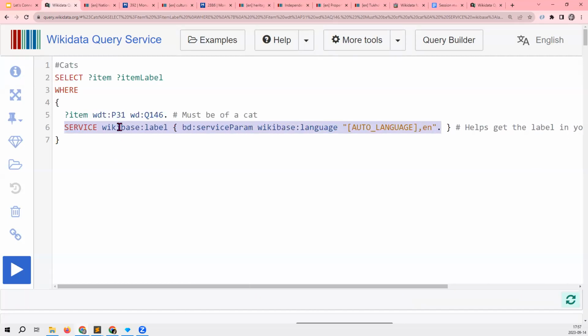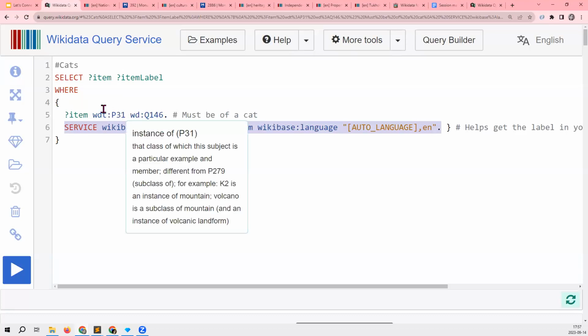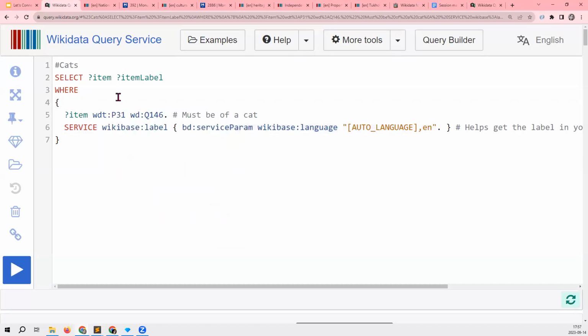So let's see how I can modify this query, because modifying queries is really the best way of learning how they are structured. Let's say I want to find all churches. So instance of.